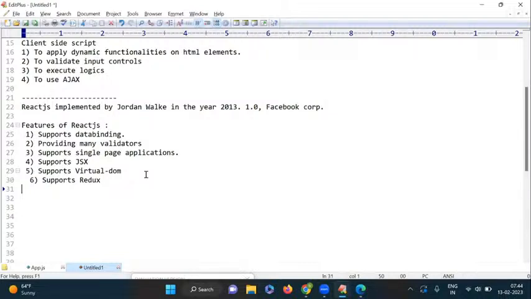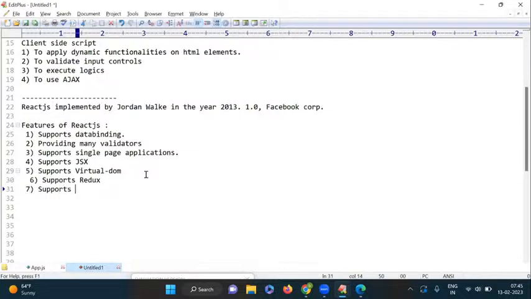application. Okay, Redux provides more enhanced features than cookies, sessions and other objects. So we are also discussing local storage, session storage, and along with that, we are also discussing the Redux concept. I will explain what Redux is and what the benefit of Redux is. Okay. Next one here,